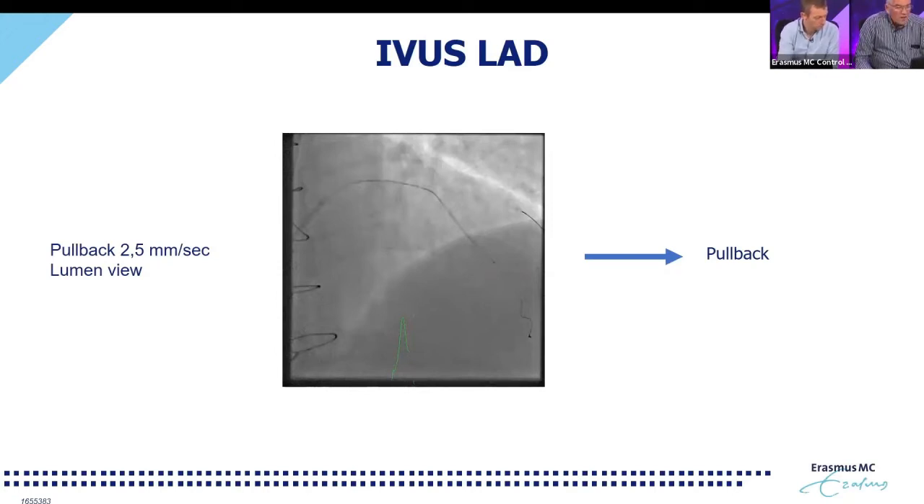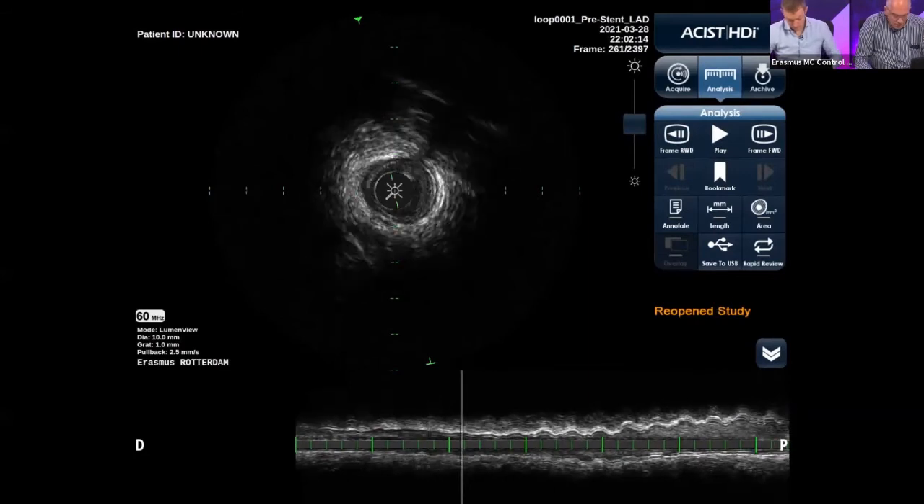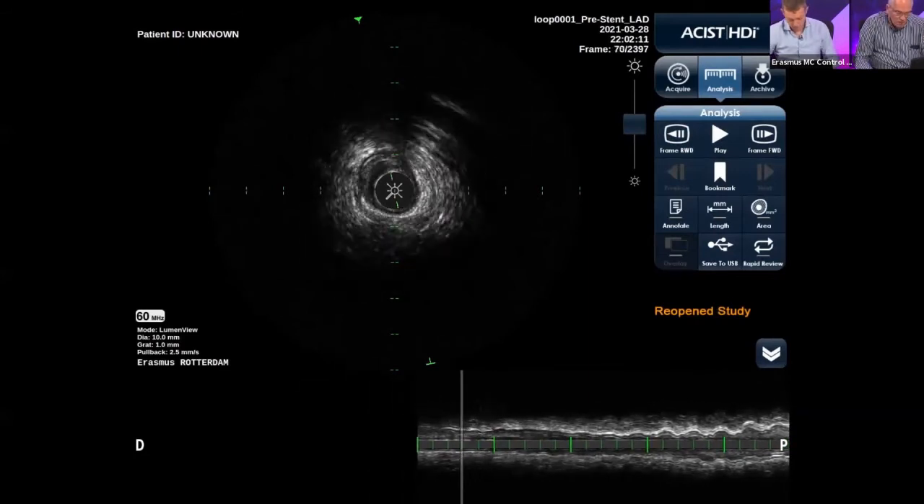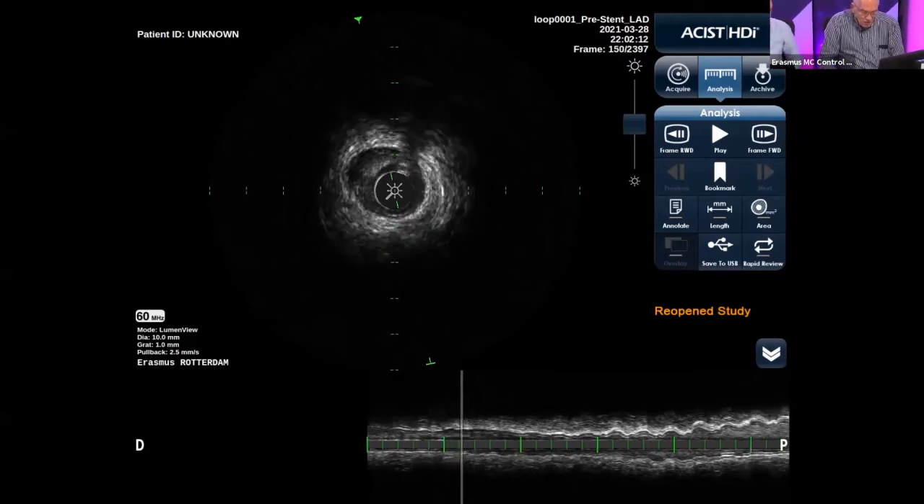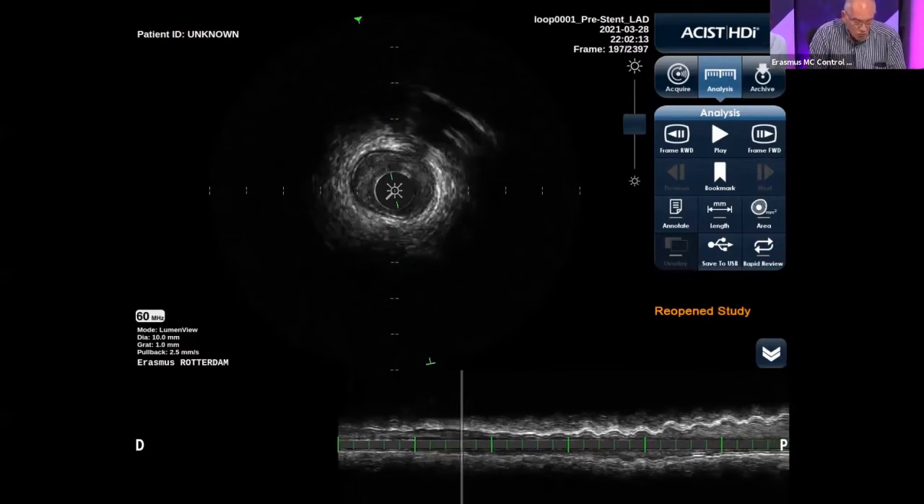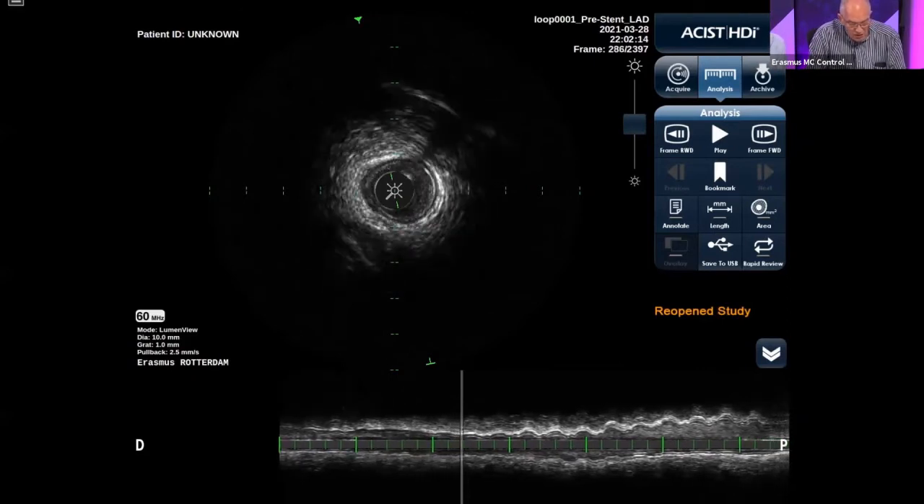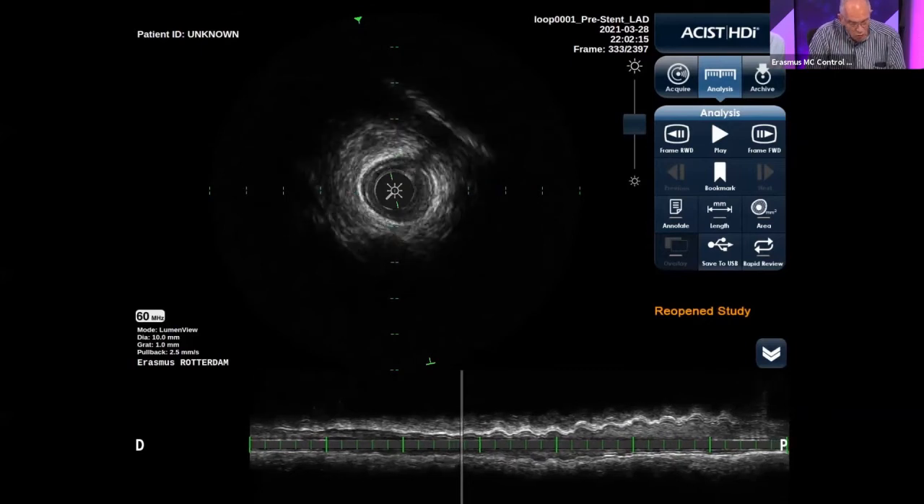So we can go to the IVUS. Yeah. So then we did the first pullback in there, and we started in the distal LAD. You see that the vessel is quite small. In this case, we started with some intimal thickening, and if we proceed more forward, then we see eccentric fibrofatty plaque. So this vessel is not normal, but is already diseased, and we see that there is disease everywhere. Some normal spots are present, like in this region,